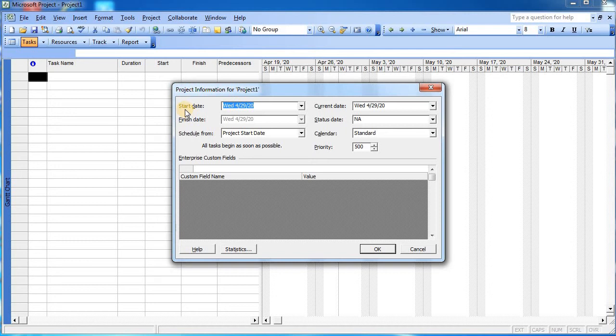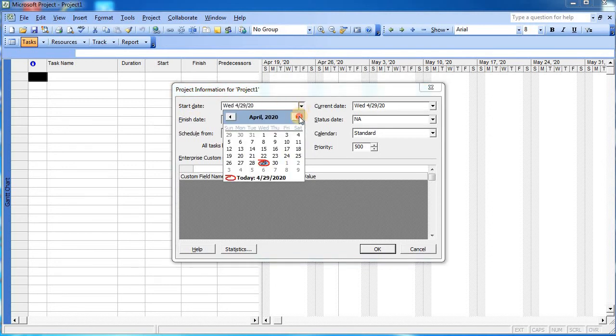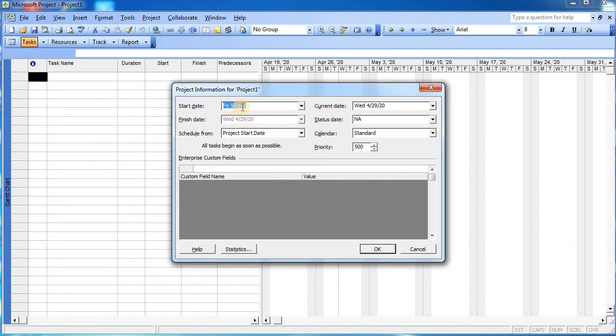So as we know, when we want to start our project, suppose we want to start the project on 1st of May. So what we will do is make the changes in the start date. We will go over here. We will click on this drop down menu, and from here we will click on the May month, and then we will insert 1st of May 2020 as the starting date of your project work. Now watch carefully that we haven't inserted the finish date, because while inserting the various tasks and then establishing the logical sequence depending upon their duration, it will automatically calculate the date for completion of the project.